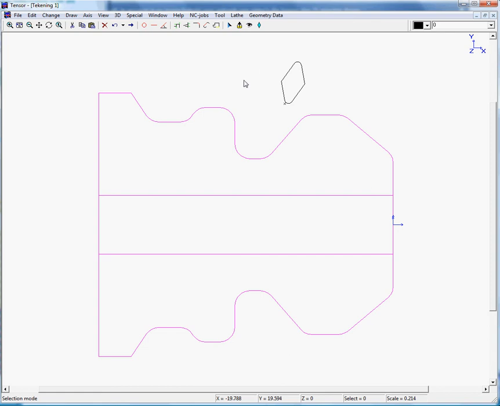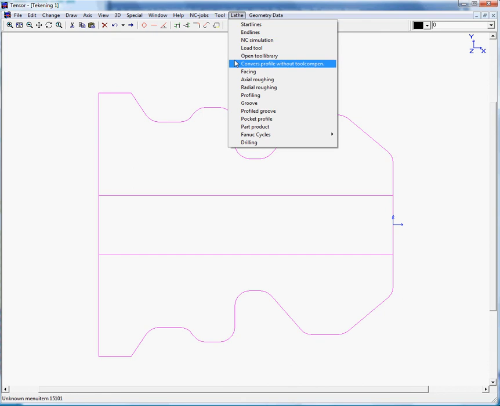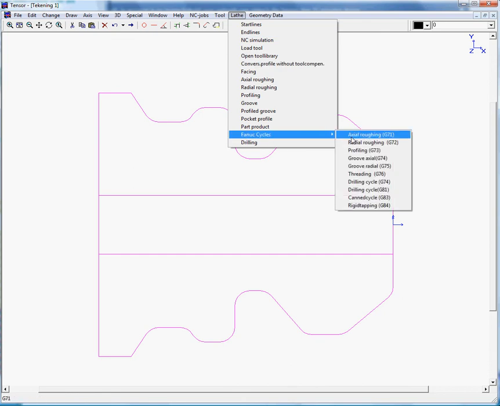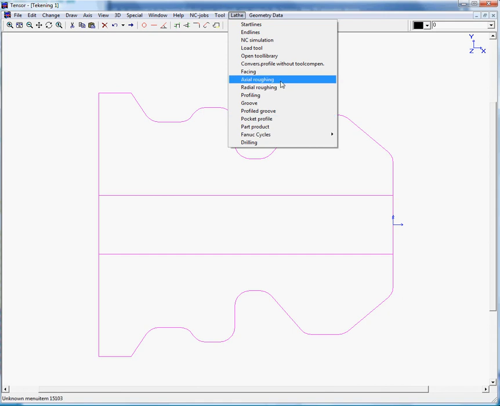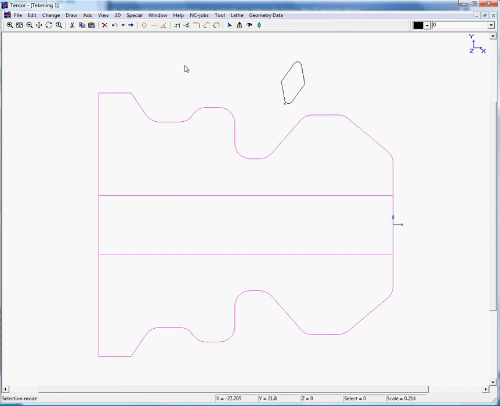So Tensor has this built-in function which is automatically being used when programming, for example, with an actual roughing cycle of Fanuc or an actual roughing cycle within Tensor. But just to show you how it works, we can select this profile,